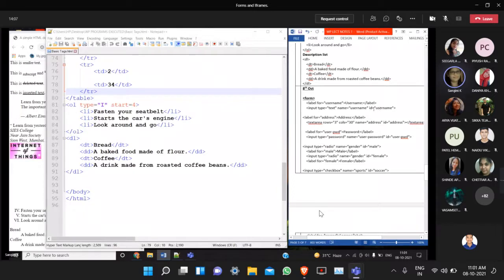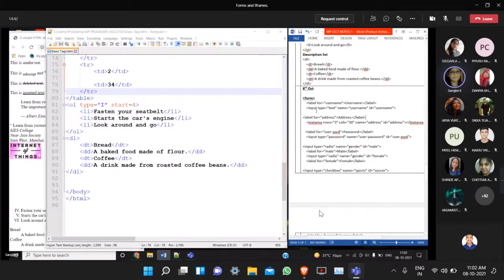So now the value of this ID attribute, you will give as the value of the for attribute in the label tag. Both should be exactly the same. So for username you have given, and then here what you want to display is the label text. I want to display username colon, and then followed by what? My text box.